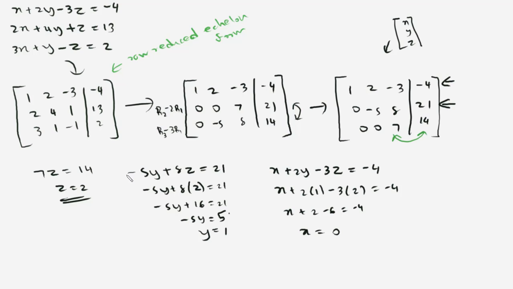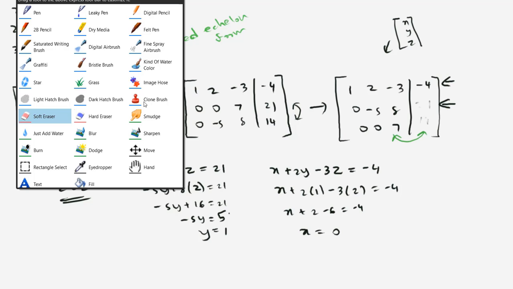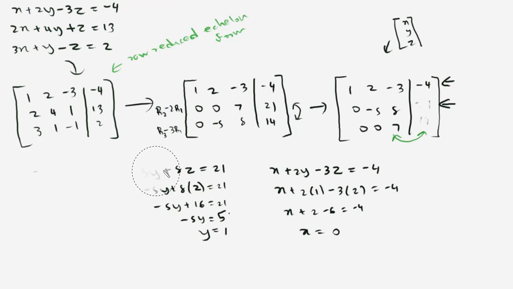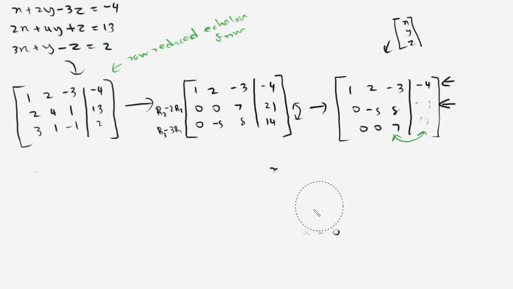Okay, I think I made some mistake over here. When I was replacing these specific values, I forgot to replace these values. Sorry about that. So let's erase those and resolve the system again. When I replace these two rows, I have to replace these two values as well. Otherwise, I'm doing a wrong solving.